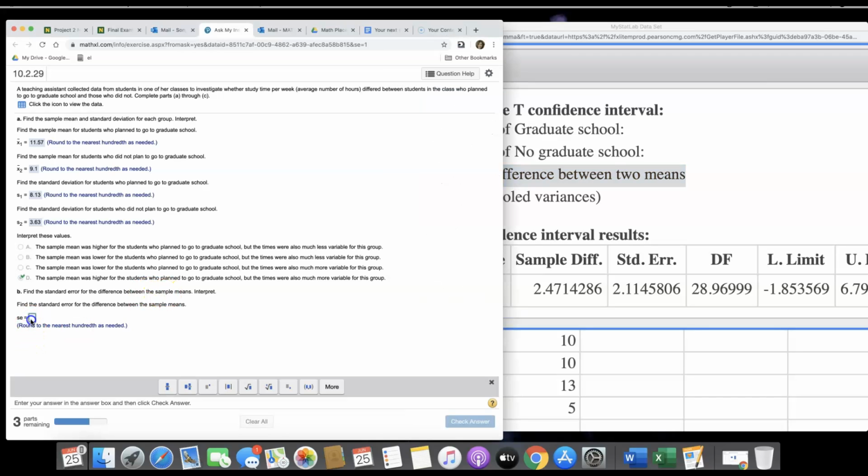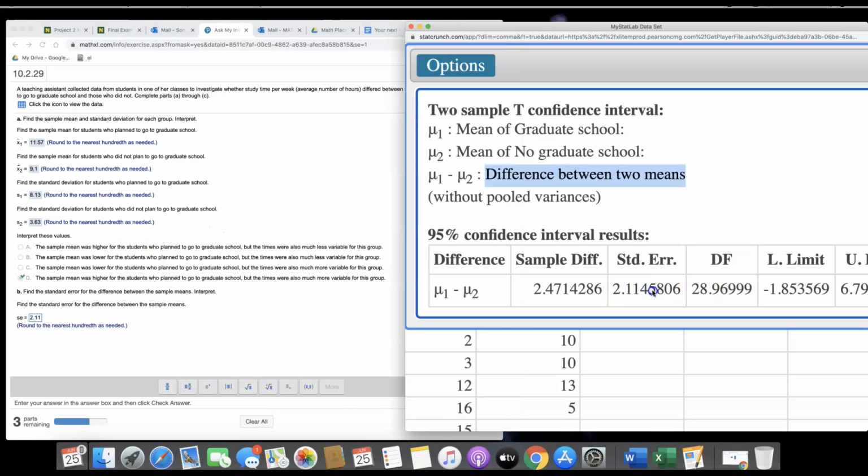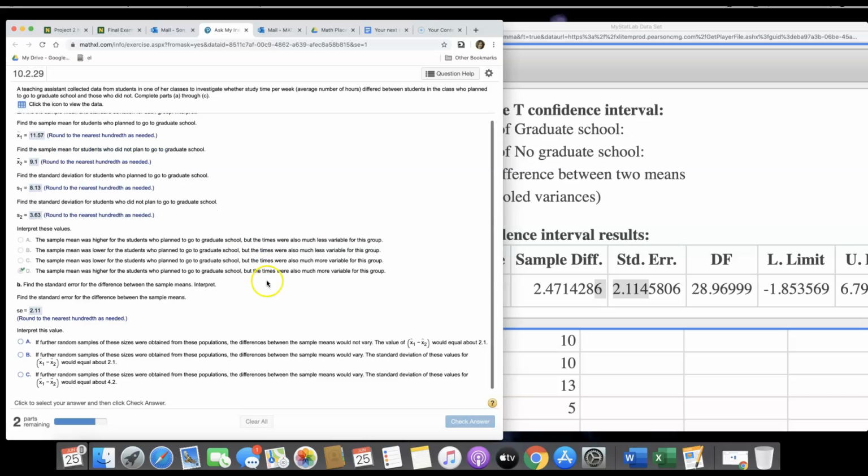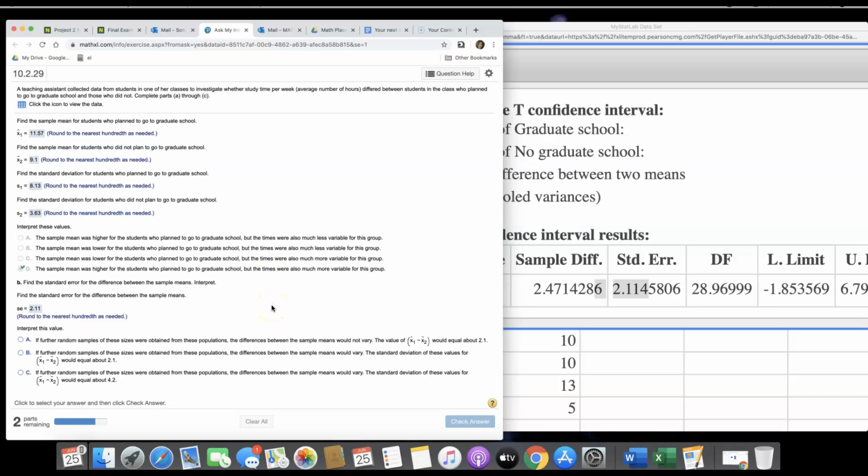So we're going to go ahead and say that the standard error comes out to be 2.11. Right there, 2.11. And let's go ahead and interpret this. Now, what does it mean? Now, if you keep on taking